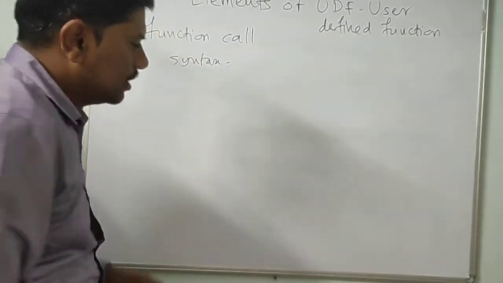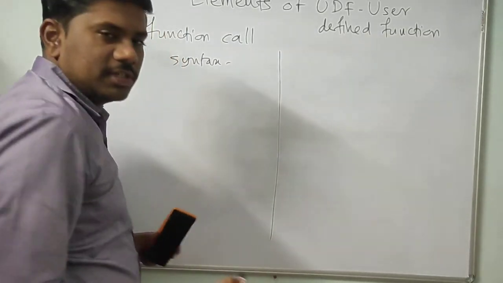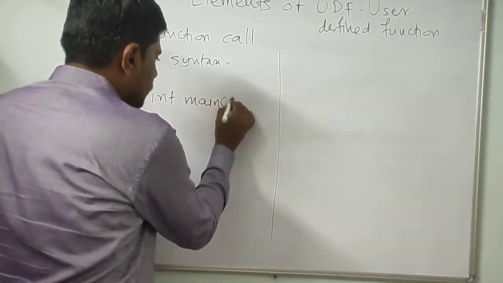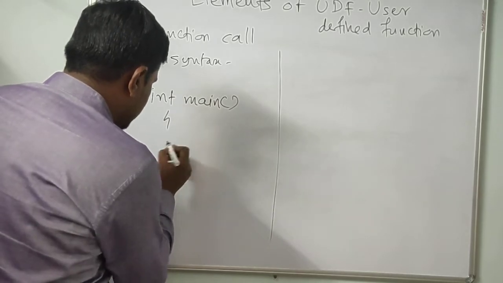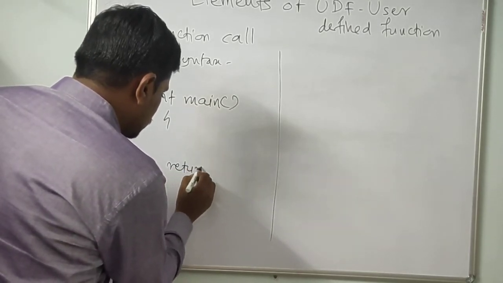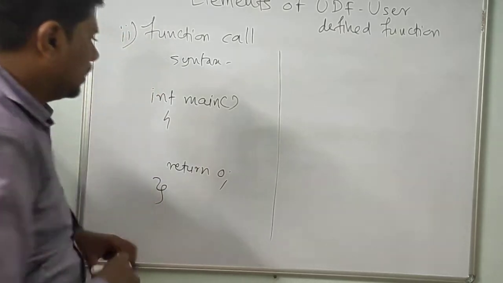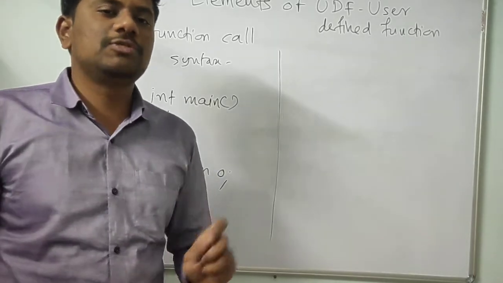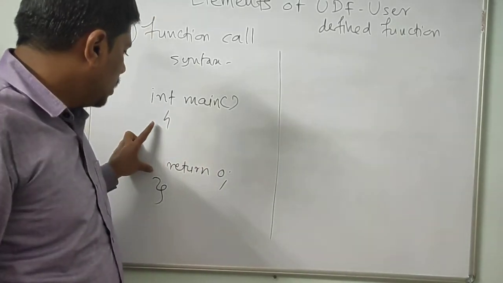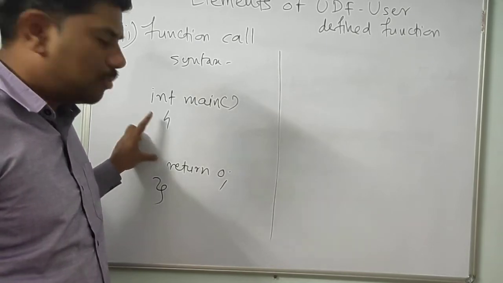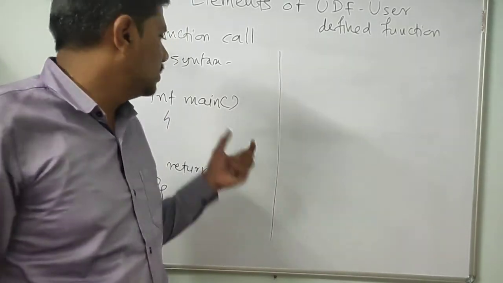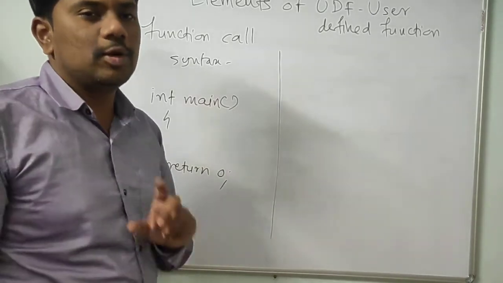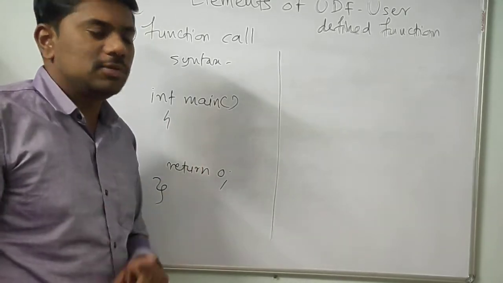Now a very important thing, I'm just giving you a scenario. So consider this is int main, and suppose at the end there is a return 0. So this is main, and we already discussed that main is a user defined function, but it is a special user defined function because the body of this main function we are writing, but we can't change the syntax of main. That's why it is a special user defined function. And one more thing is that main is not present in any of the header files. So main is a special user defined function.